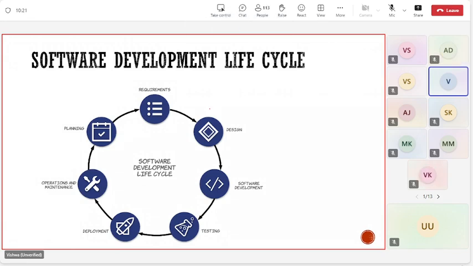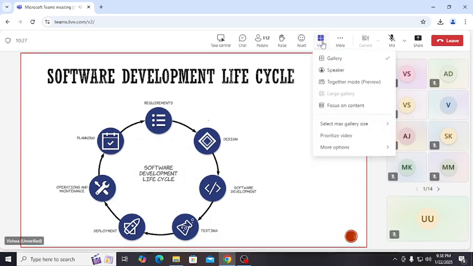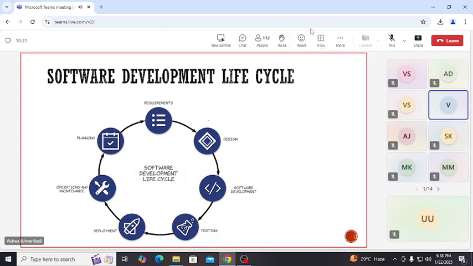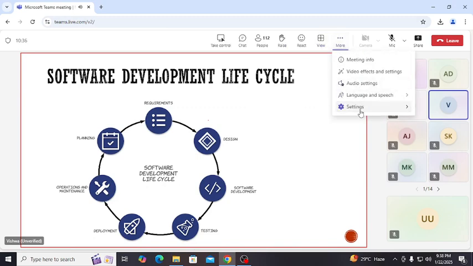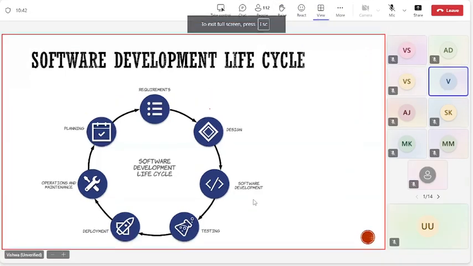DevOps on its own doesn't have any objective. Please remember, DevOps on its own doesn't have its own objective unless it has been used on something, and that something is nothing but your software development lifecycle.